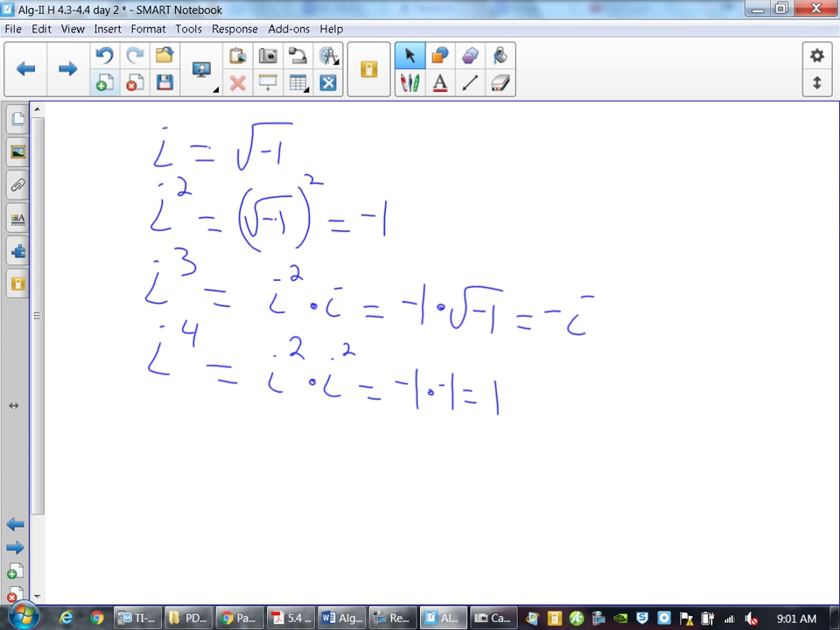Now, you can continue this pattern through then. What do you think i to the 5th becomes? Square root of negative 1. Yep. That's the pattern, and it just repeats itself after that. It'll repeat itself because if you go i to the 5th, which is i to the 4th times i to the 1st,